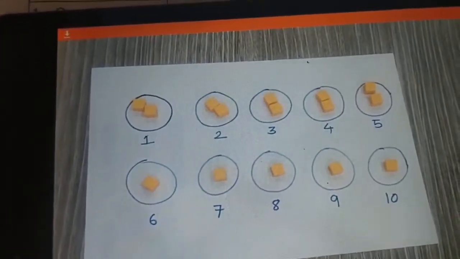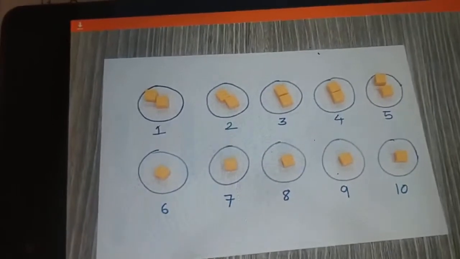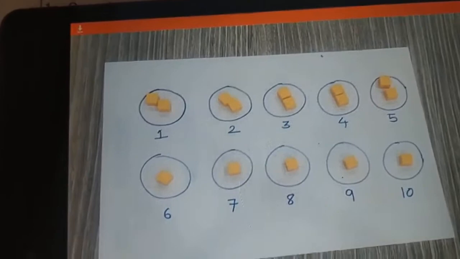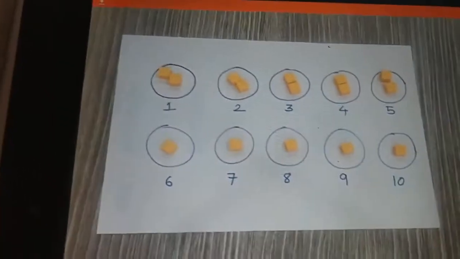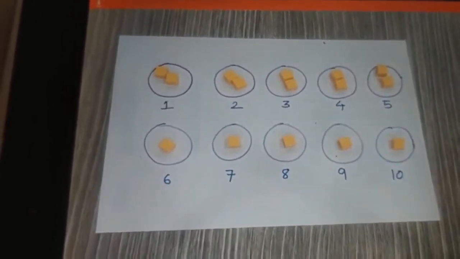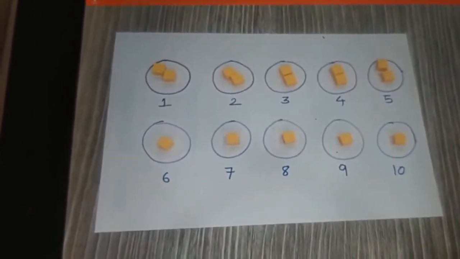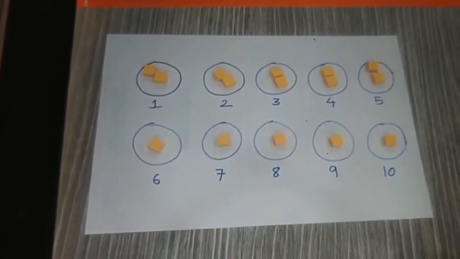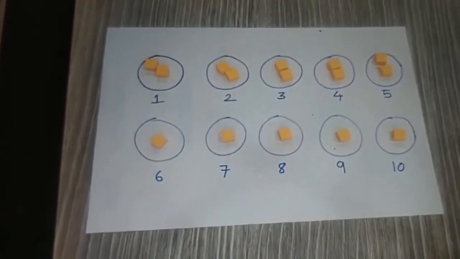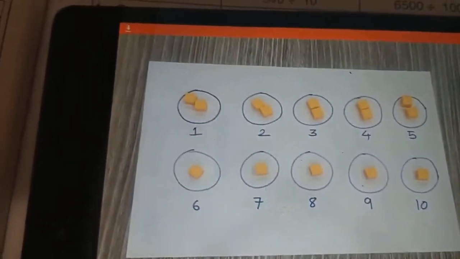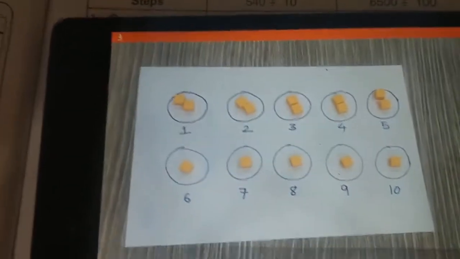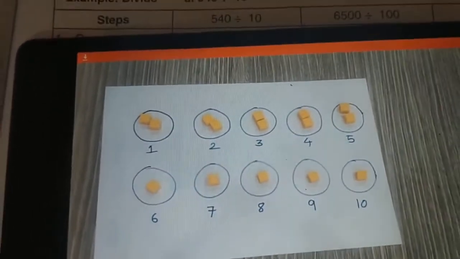The numbers that have 0 at their ones place are easily divisible by 10. Similarly, numbers that have 0 in their tens and ones places are easily divisible by 100. This is how we can recognize which numbers are divisible by 10, 100 by just looking at them and not performing the actual division. Teachers, please mention these reasons and points clearly in the classroom as shown in this video. Also, refer to the lesson plan carefully while conducting these activities. Thank you.